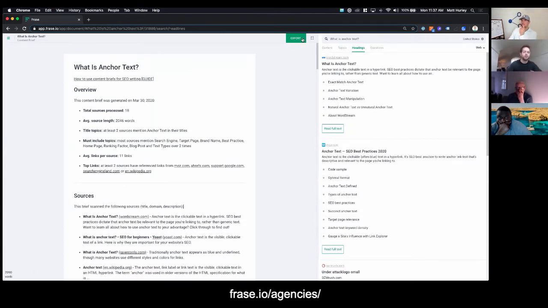And then when you're done, what our agency customers will generally do is export this entire document and send it to their writer or the writers that they work with, either in a Microsoft Word or a Google document. So you've gone from taking hours or days to create a high quality and data-driven content outline to a few minutes. So a lot of our agencies, if they're running content refresh services for their clients, they might say, hey,